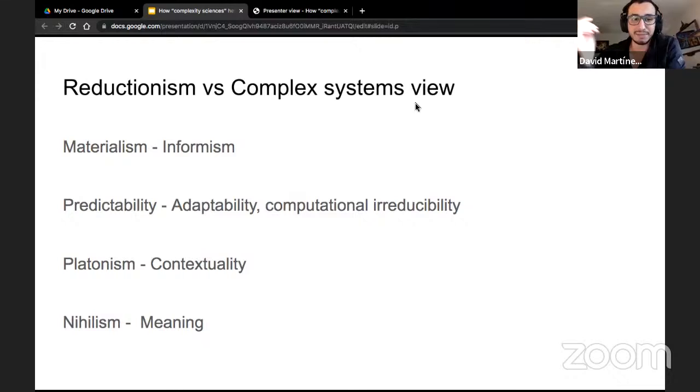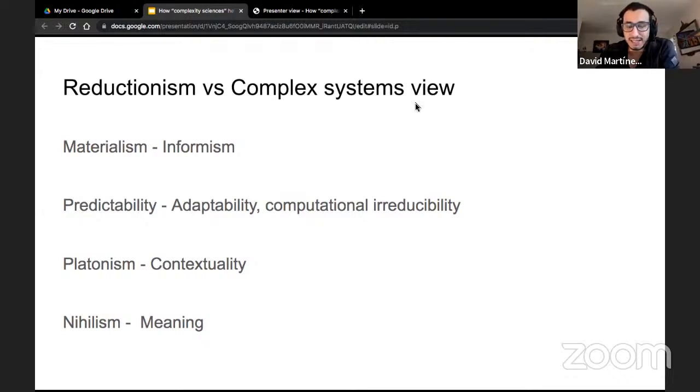In the complex systems view, we have alternatives to all of these points of view. Instead of materialism, we have informism, which is another perspective that views everything in the realm of information instead of just matter and energy. We have adaptability, because we know now that complex systems are not totally predictable.